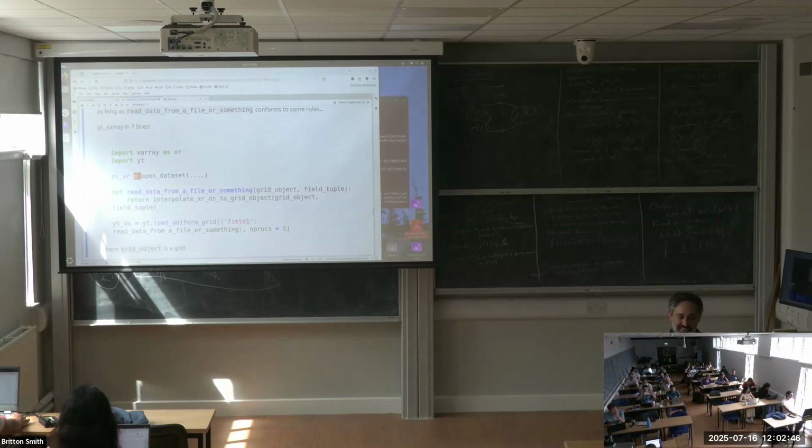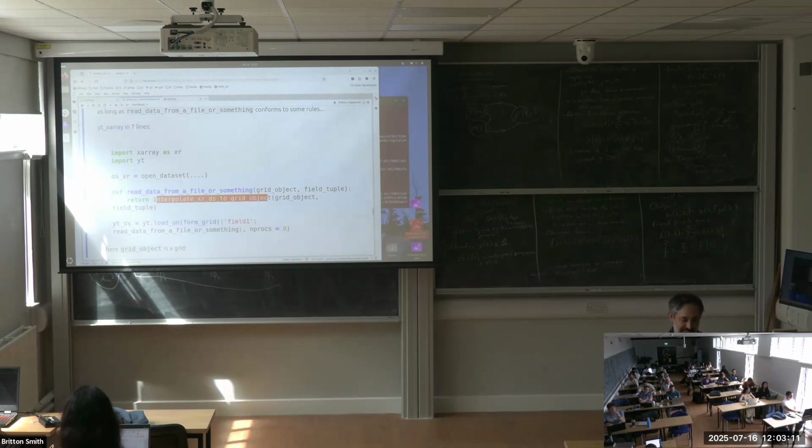It imports Xarray, which lets you load netcdf files, regular gridded arrays, pretty common in the geosciences. It opens up that data set, which does not read any data, it just reads metadata. And then I write a function that accepts the expected parameters for load uniform grid, which we're going to talk about. And within that function, I write a whole bunch of other stuff that does a lot of processing of